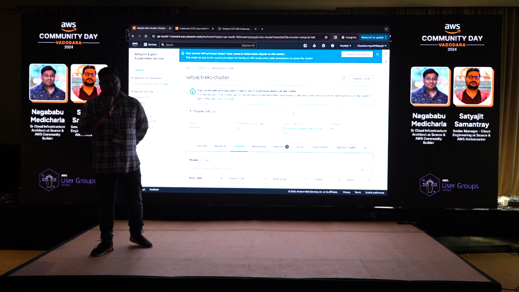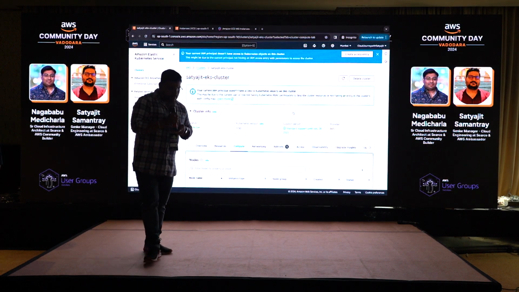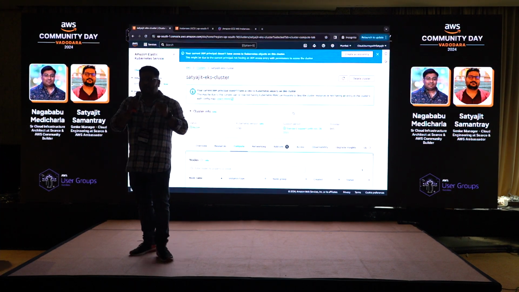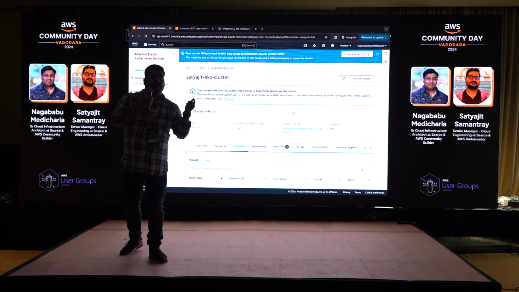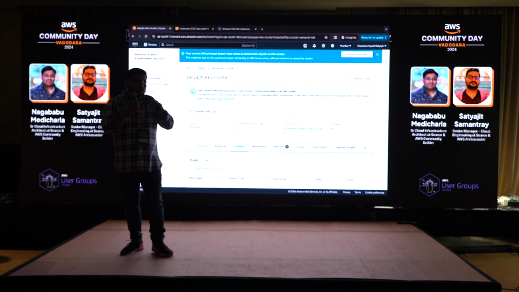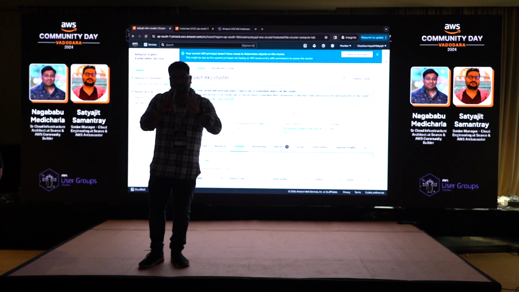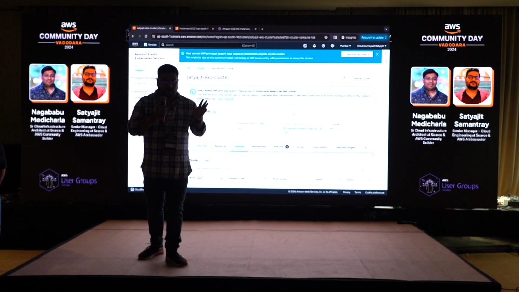See, pod level scaling is okay because it depends upon the node. When you create the EKS cluster, we have to set minimum nodes, right? Let's say we used 2 nodes. It means 2 nodes will be up and running at any point of time, so the pods will run on them. Let's say one node has a capacity of maximum 4 pods, and another node also has capacity 4, so a maximum of 8 pods can run. It means at any point of time 8 pods can run.